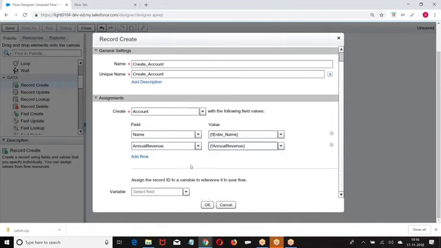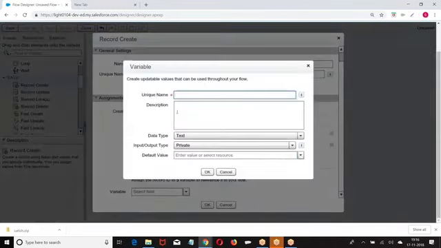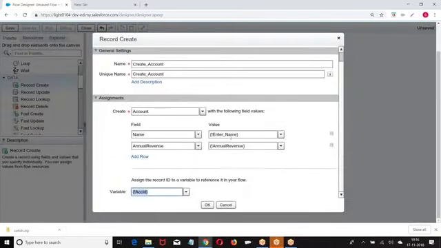This is the data what I entered. Then when you insert, you are going to get ID of the record. What are the ID we are getting? I am storing in a variable ACC ID, which is used for input and output. So what I am doing, based on the values what you entered in the screen, I am trying to create an account. Once you insert the account, we are going to get ID. That ID I am storing in a variable called ACC ID.